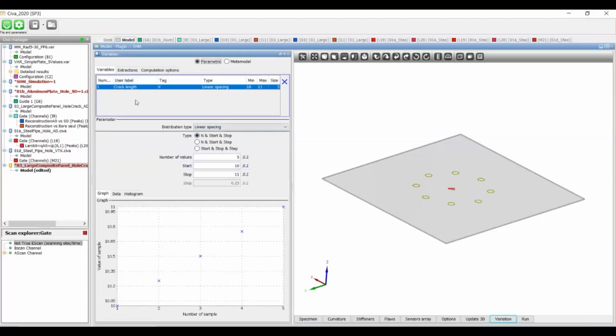You can have several parameters variable here, and also the meta models that you may know in SIVA are also available in SIVA SHM. So you can switch from a standard parametric study that will just calculate a grid of simulations to a meta model that will do the same plus.